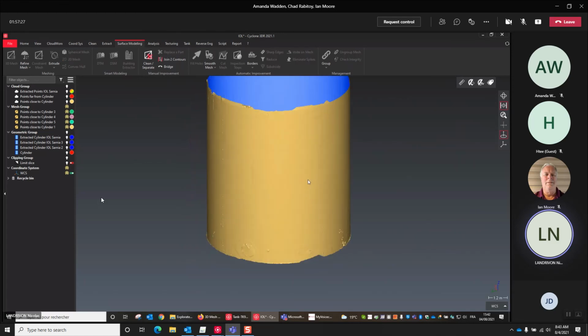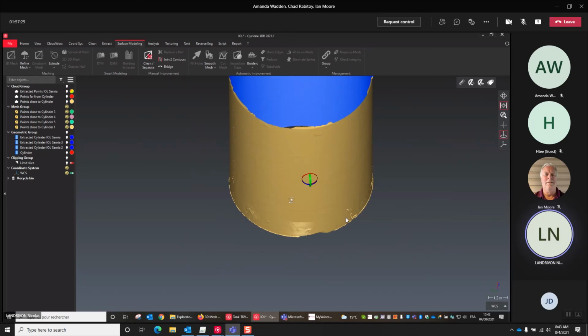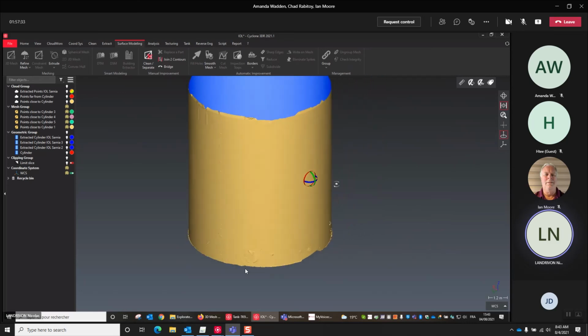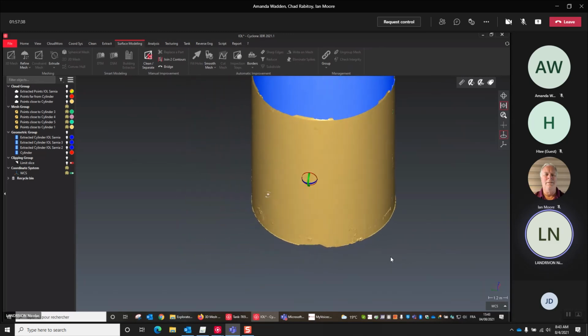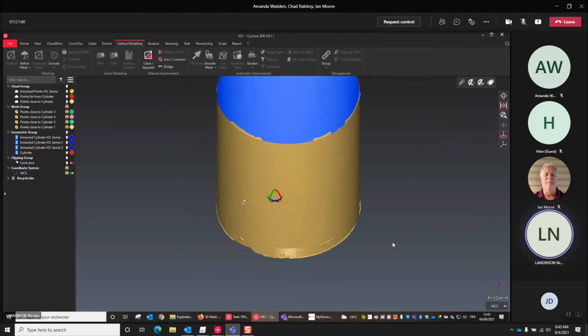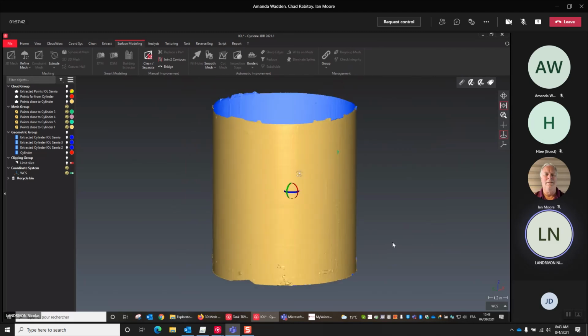So now I've got something not too bad, not too noisy, and I want to add a little bit more details and refine by interpolating new points in order to create a smoother surface. This is the final step.